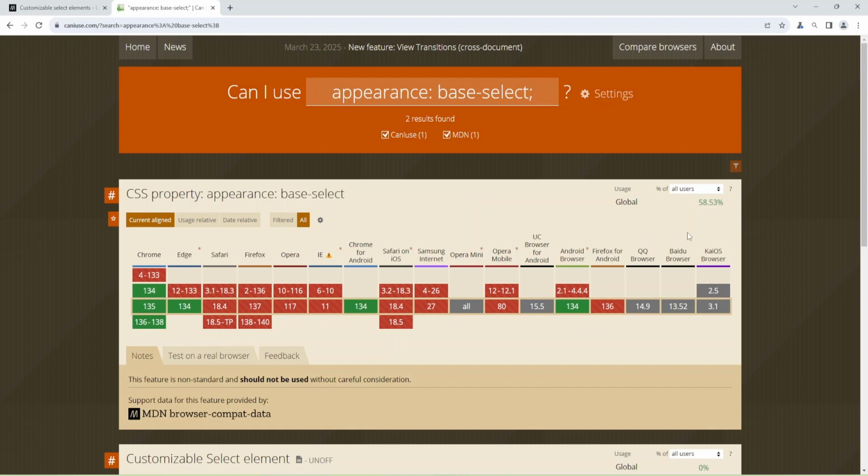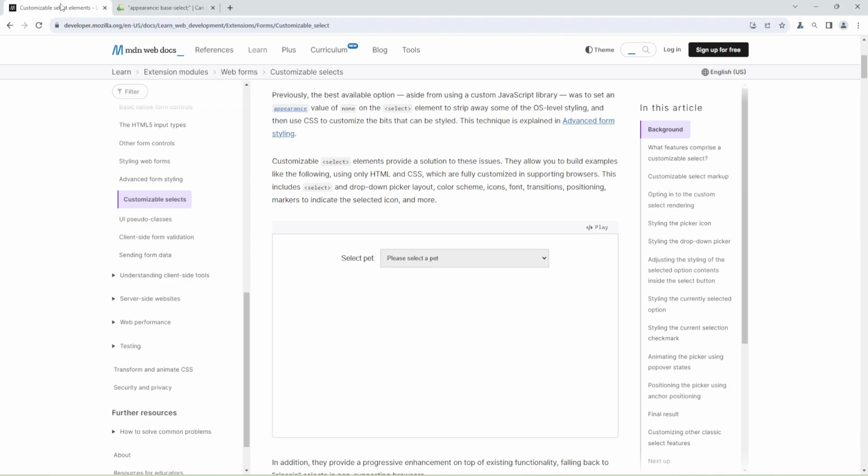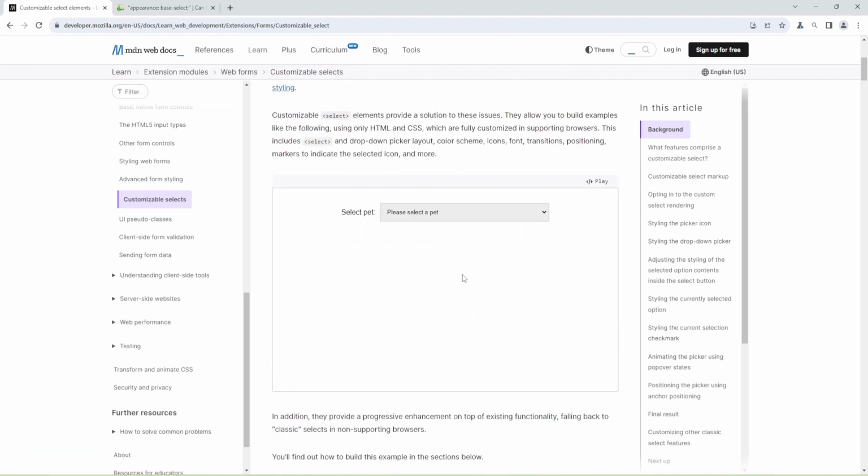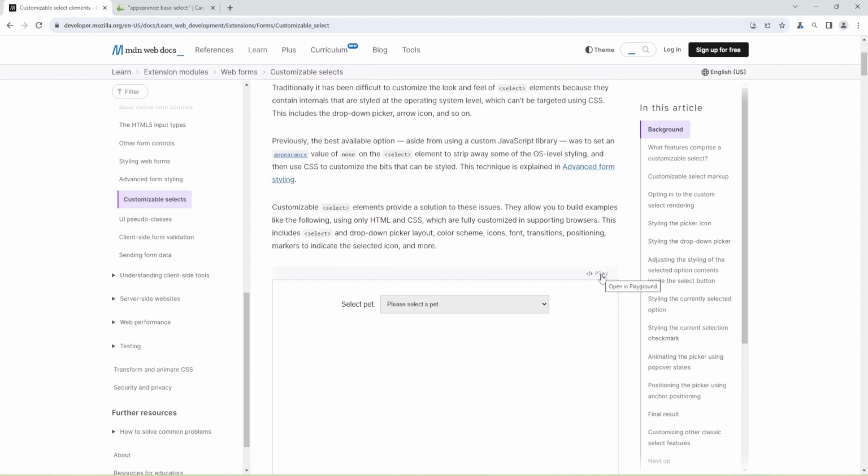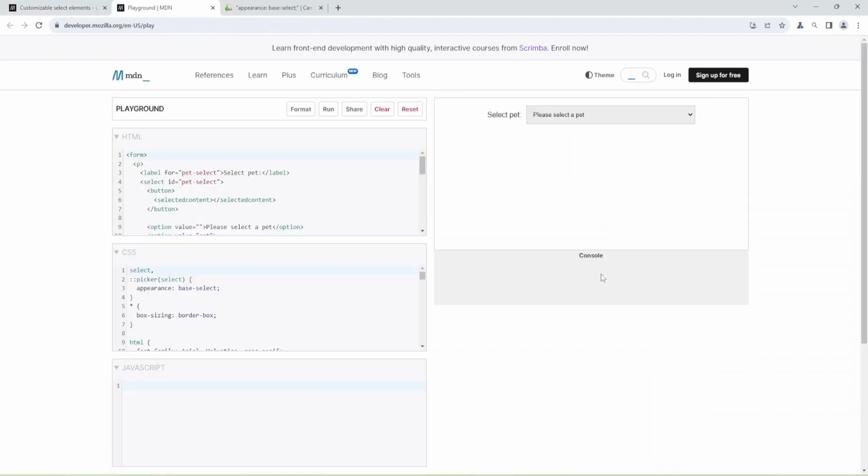Can I Use shows 58% of browsers that will render this base select correctly.